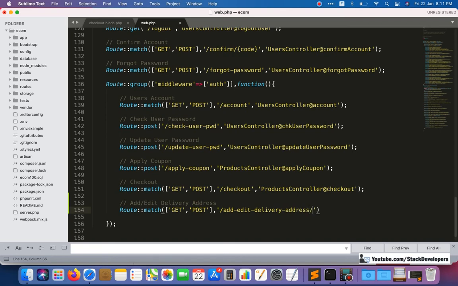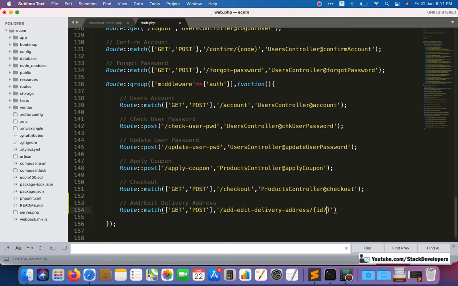So after this one I am going to create that ID option as optional. So for optional, we already know that we will add the question mark here after ID. Okay, so to make it optional.